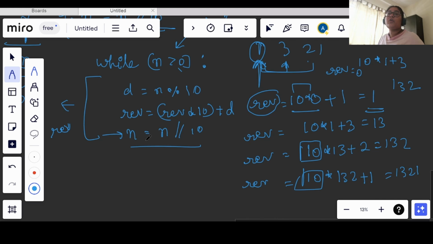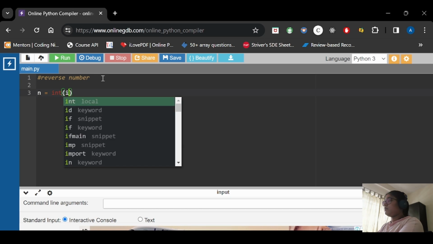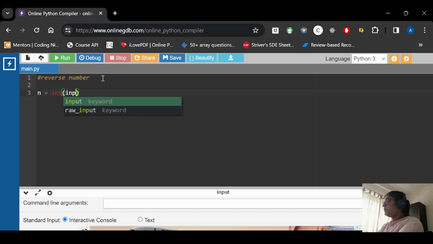We will move on to the code editor and see whether this code works or not. So let's see the code now. First, we will take a number as input and then we will start iterating on that number only.